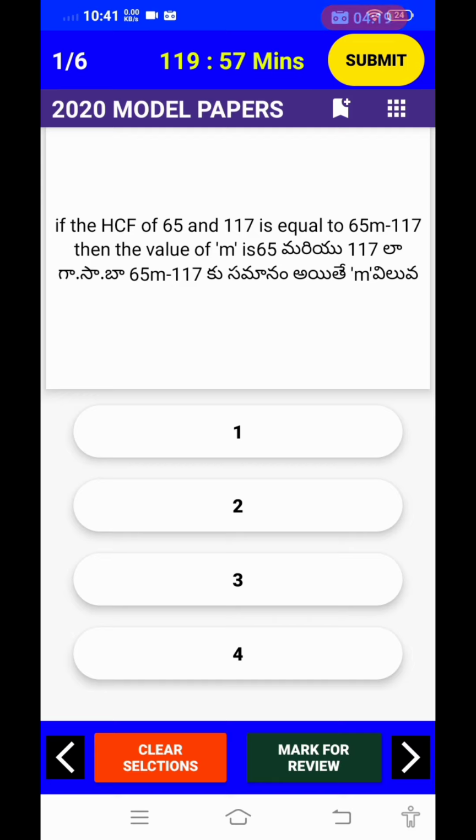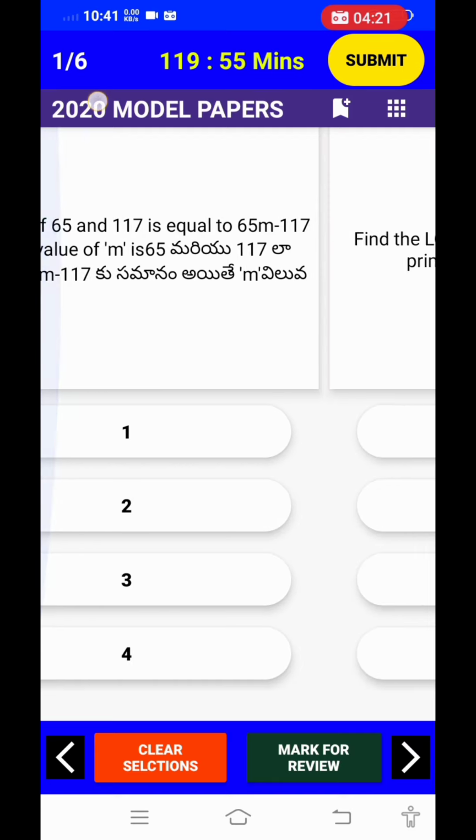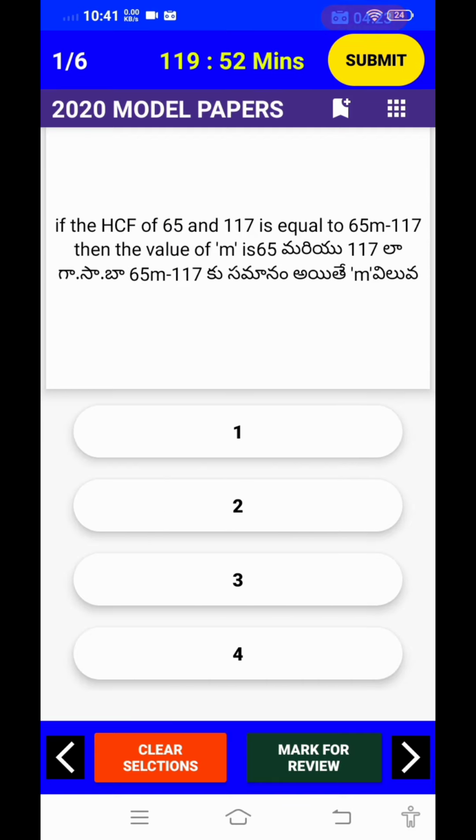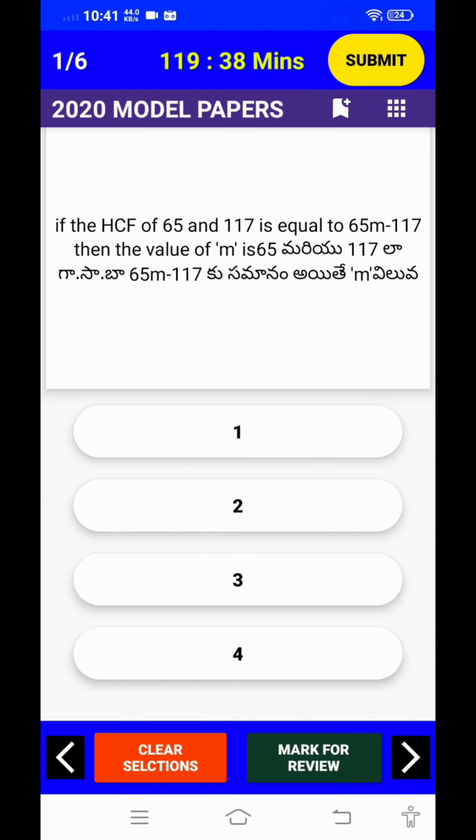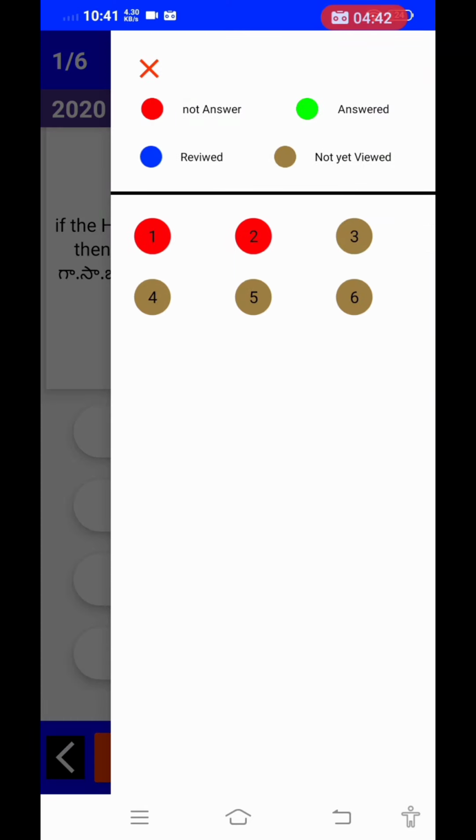Okay, here we have questions. This is the category name, and here are clear selection, mark for review, and forward and backward buttons. And this is the question, and these are the 4 options. You can check here by clicking the grid whether the question is answered, not answered, or not yet visited.